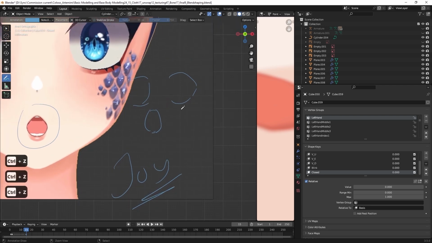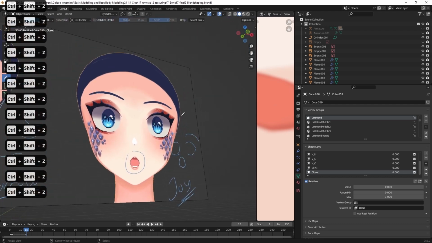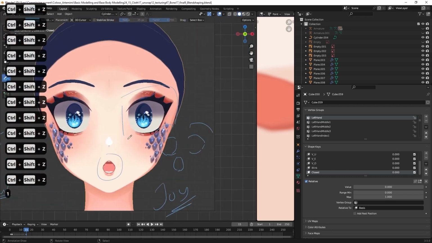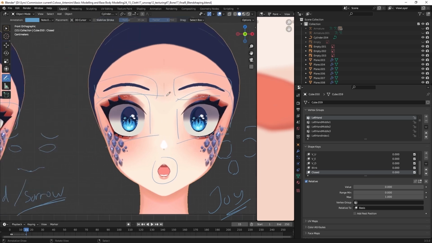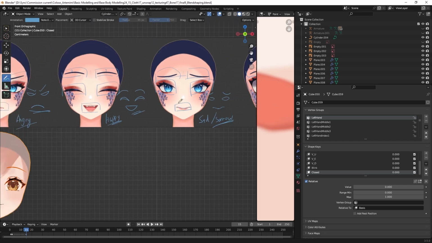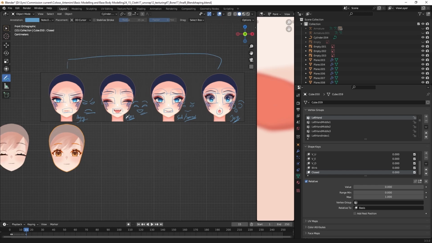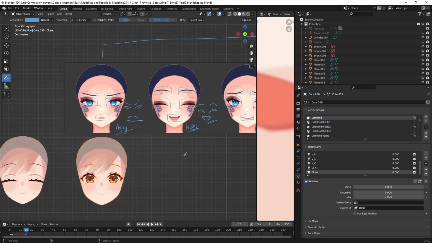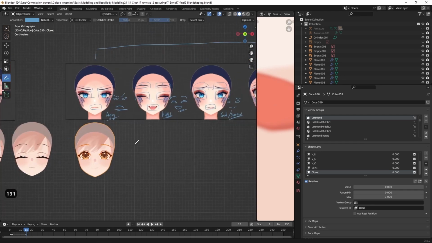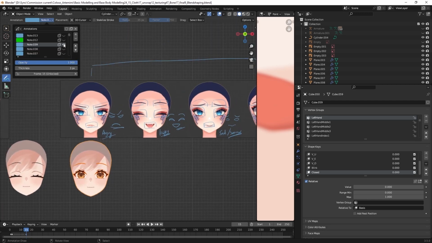So we will create this wide open eye, and then the eyebrow similar to the happy eyebrow. So these four will be our guide for the expressions. We will create these for our character facial expression by using the blend shape. And then yeah, I think we can start creating it. All right, so let's get started.